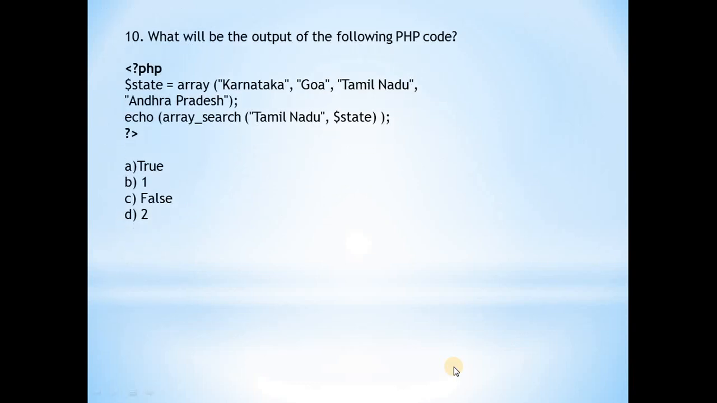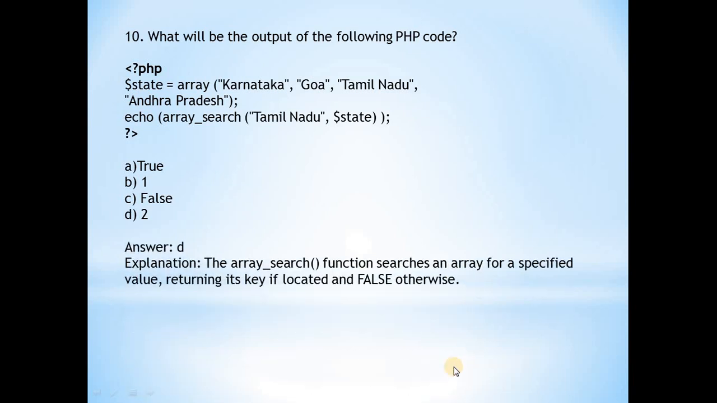Next one is what will be the output of the following code? In this example there is one array and one echo statement where array underscore search function is used. Answer will be D, that is 2. Array underscore search function searches an array for specified value. So here value given is Tamil Nadu